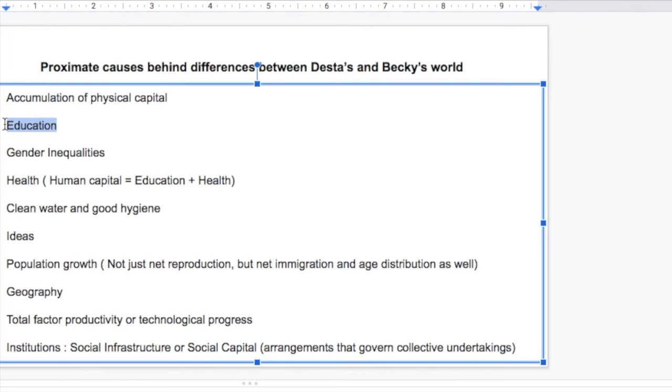plays an important role. And it's interesting to see that these different factors are actually correlated. There's also a theory in a lot of academic papers that as education increases, as people become more literate, their family size tends to reduce. So education also has an impact on the population of an economy. So it's not that these factors are mutually exclusive.